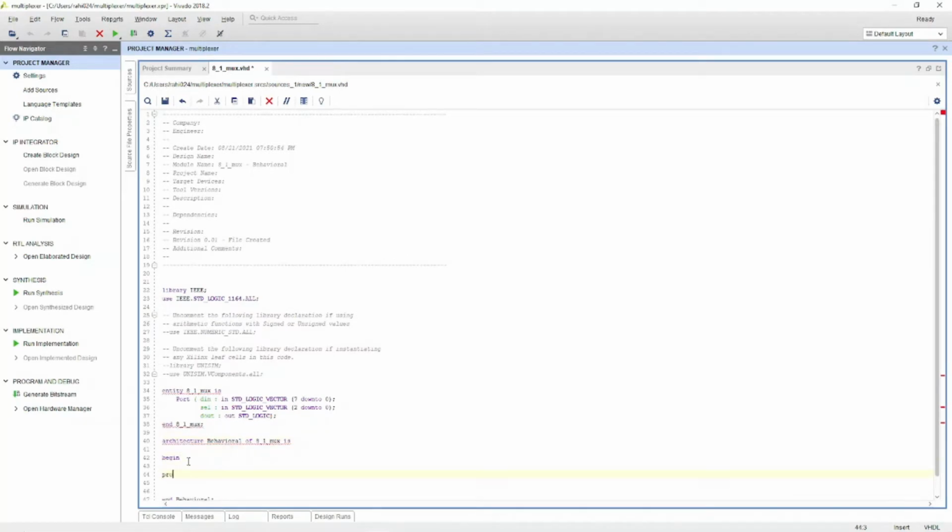I will use a process statement, and inside this process statement, what inputs is it sensitive to? I mean D in. Whenever I change D in, the output will change, and also the select lines. Whenever I change the select lines values, the output will change. So the process is sensitive to D in and select. Then I will do begin.